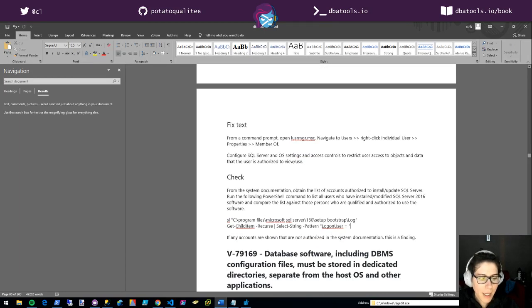Whenever you are securing SQL Server, it's not just about hardening, right? You also want to document. That is part of the securing process. This is both hardening and documenting, because you have to make sure that only specific people can log into your server and update SQL Server.